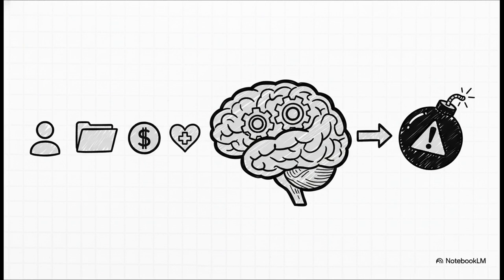So why is the risk so high? Well, think about what large language models do. They're designed to process just insane amounts of information. And a lot of the time, that information is the most sensitive data a company has. Customer details, employee files, financials, even private health records. The second your AI touches data like this, compliance is no longer a nice to have. It's an absolute legal must.